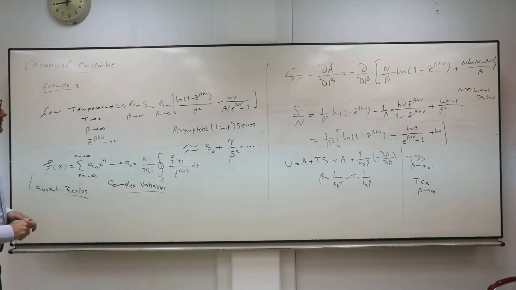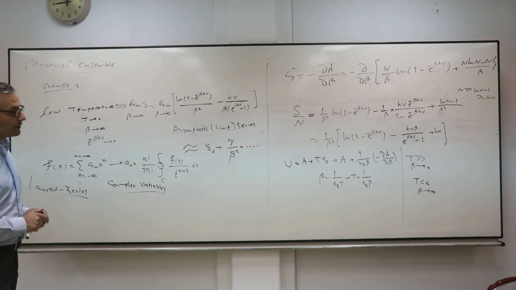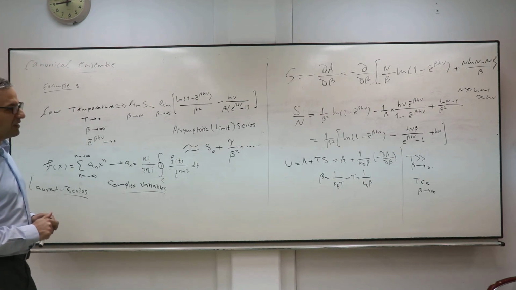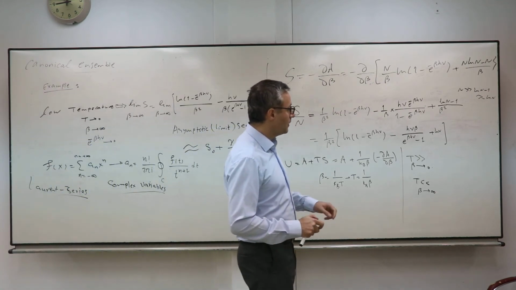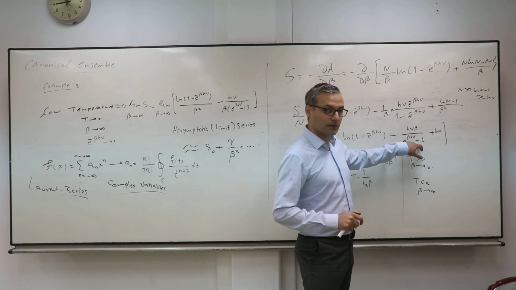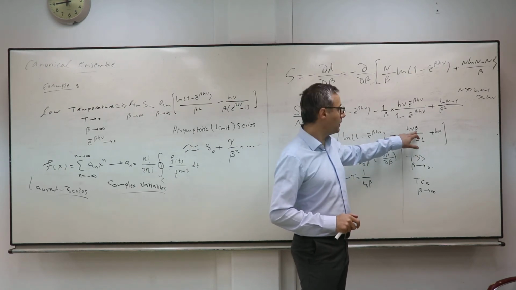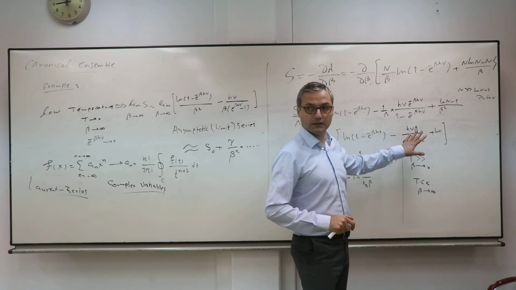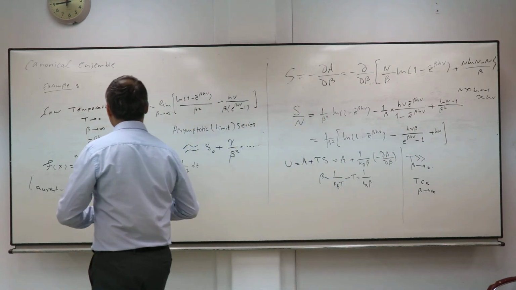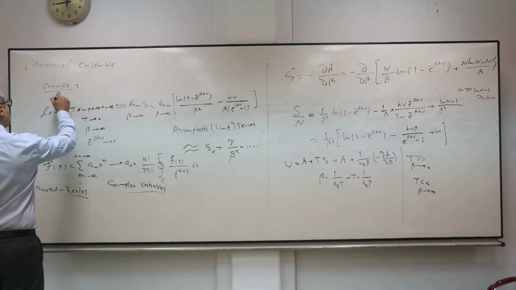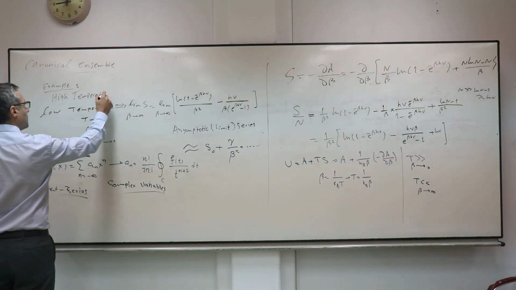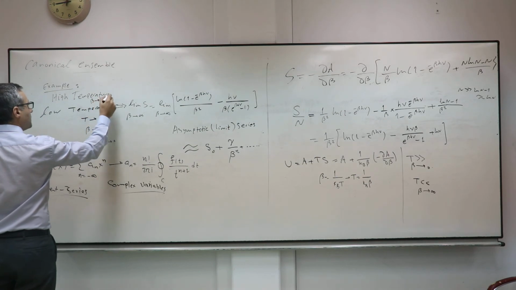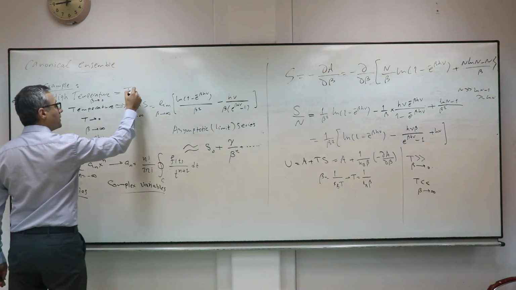For beta tends to 0, I think the situation is also not very comfortable. When beta tends to 0, look at what happens. This will be 1, 1 minus 1 is 0. Again 0, and here 0. So 0 over 0. You need to again use the Taylor series. So for the high temperature limit, when beta tends to 0, it's just the Taylor series